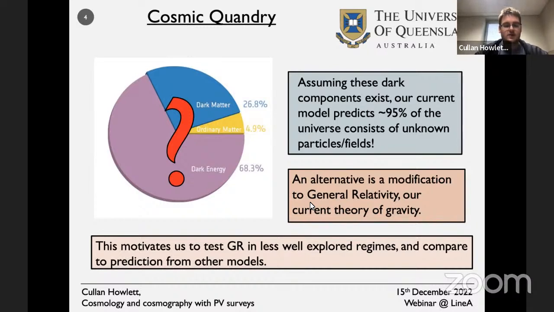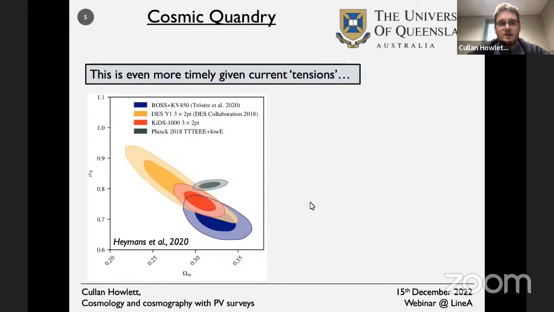And we want to compare those predictions of GR to other predictions from other models as well. And either we can confirm GR on cosmological scales, or we can falsify it and help to provide some route to an explanation for these two components. And so this is even more timely, given that there's currently some tensions between different probes that should be measuring